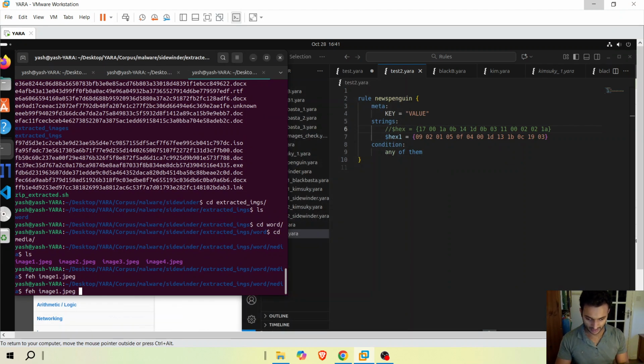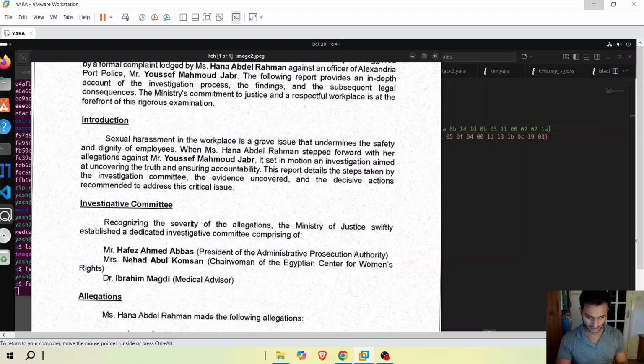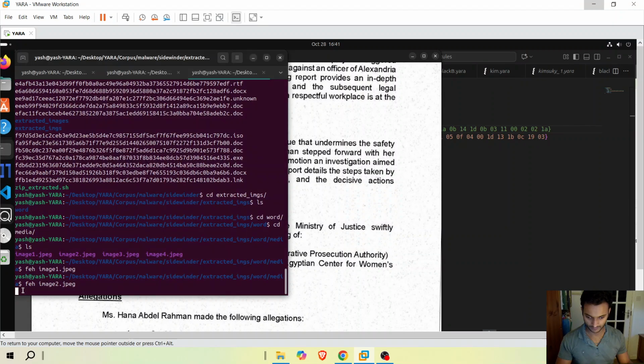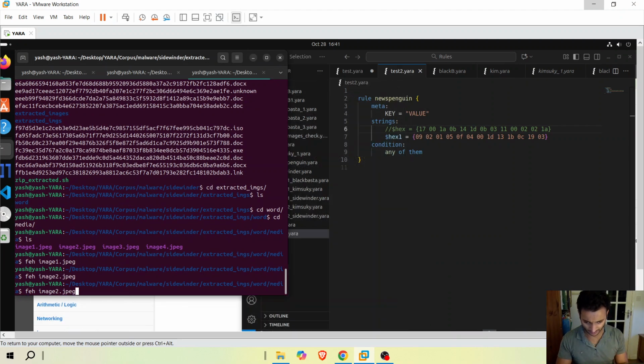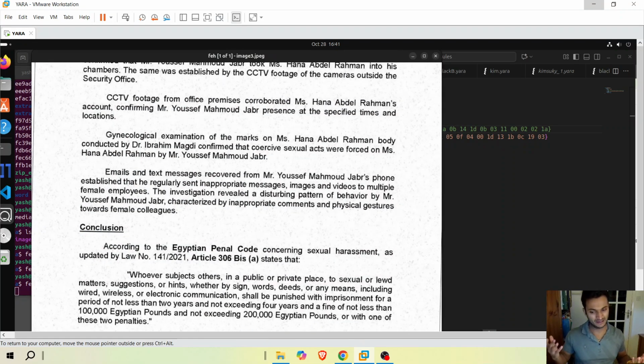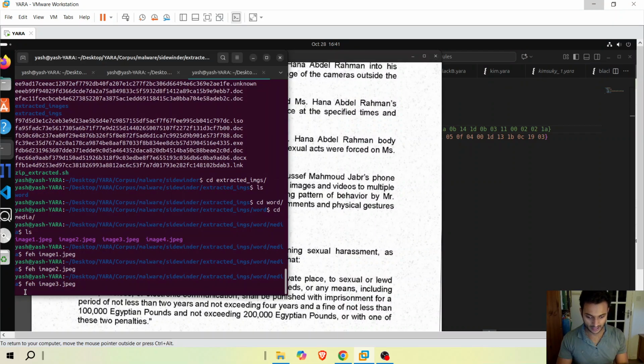Right, let's check out image 2. It looks like we're just scrolling down a little bit. So, okay, let's look at image 3. It appears to be some kind of old school Xerox style document, and here we can see there's some stuff going on. There's definitely some kind of agenda that we can glean out of the document alone, right? And this is really where